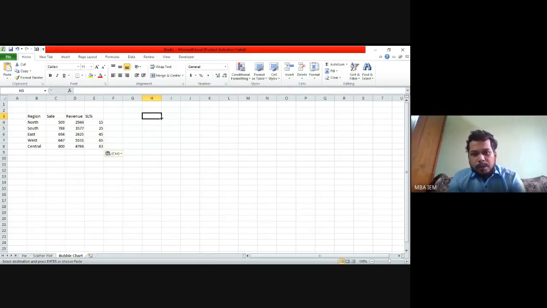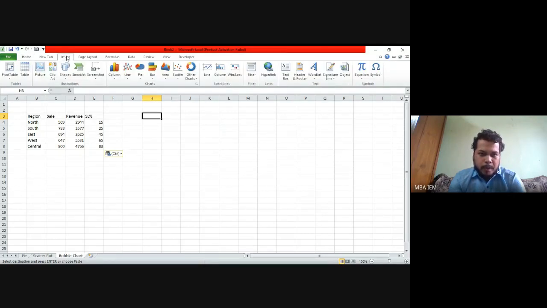We are working on, say for example, we are trying to figure out which segment is having the highest number of sales, and in terms of revenue, then we will go for bubble chart, because using scatter plot or other kinds of visuals, we are considering generally two parameters. When we are dealing with three parameters, we go for bubble chart, but the third parameter is talking about the magnitude of those points. So it's like x, y, and size. Now I'll show you how to create a bubble chart.